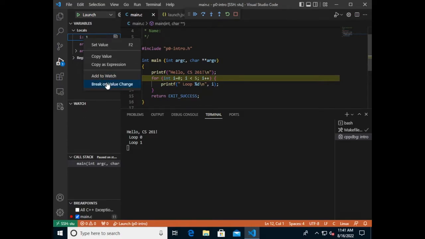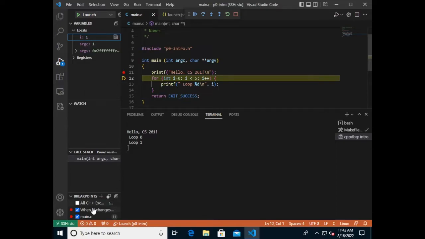And one other really nice feature is a hardware watchpoint. I cover this in my debugging tutorial, but in Visual Studio Code, it's called break on value change. So if we had a particular value and we suspect that it's changing at some point where it's not supposed to be changing, we can take that variable and we can say break on value change. And so now we have a breakpoint that is going to pause execution at the next point that i changes. So rather than stepping, I'm now going to continue the program, and it's going to run until the next time that i changes, which here is just i changing from 1 to 2. And you see that the change is highlighted here.